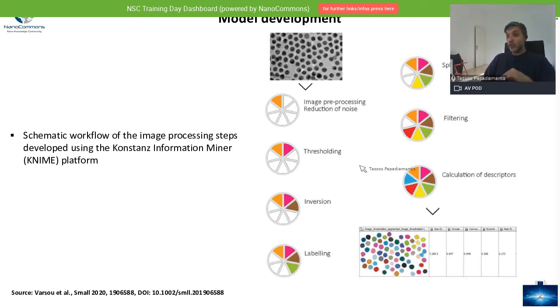How the workflow works is more or less that you upload an image, and then you pre-process the image so that you reduce the noise that may come, for different reasons, from the electron microscope. Let's say you have a lot of blurring, you did not focus well, and so on, so as to be able to create an image that you can better